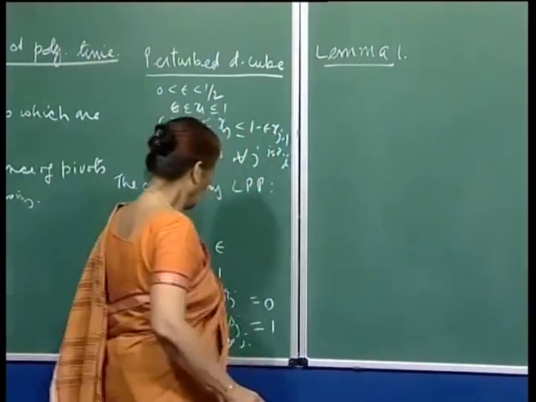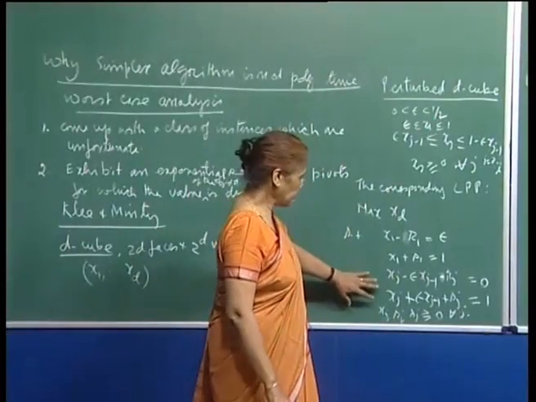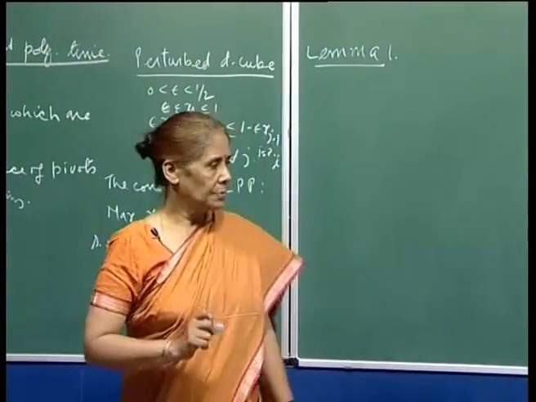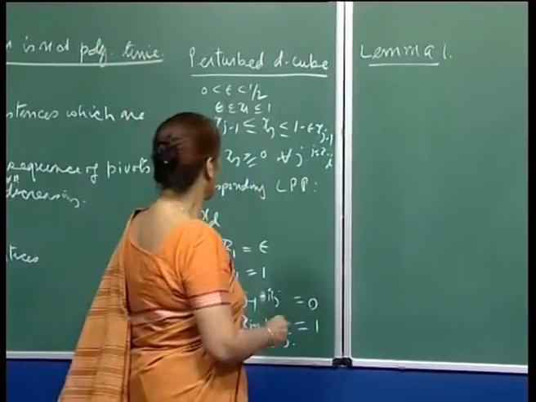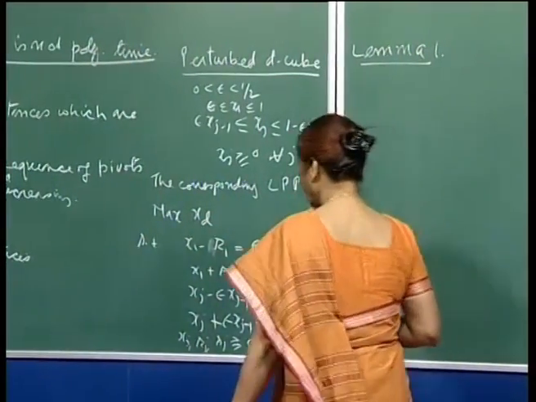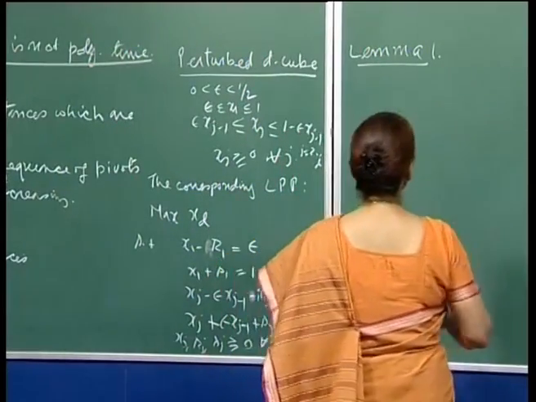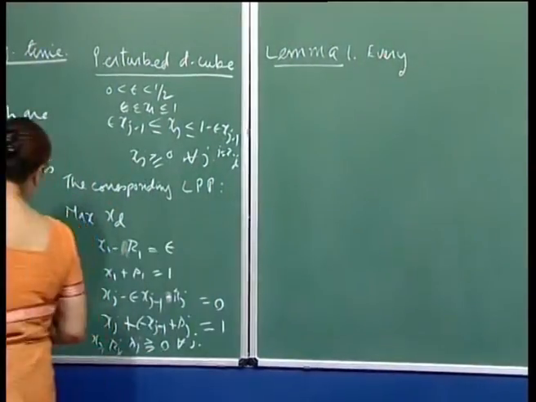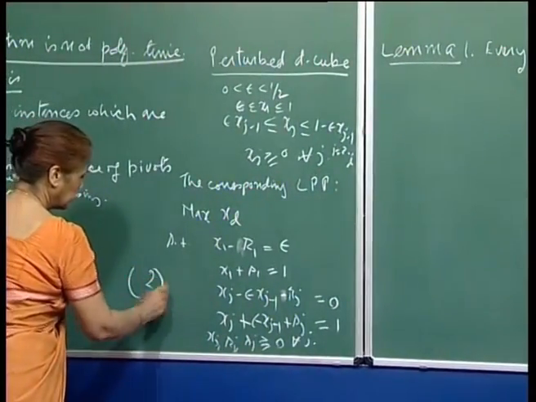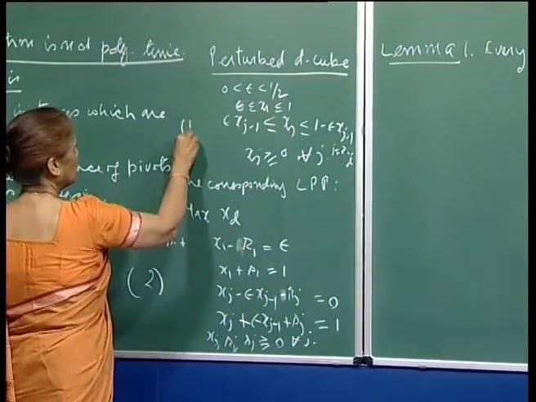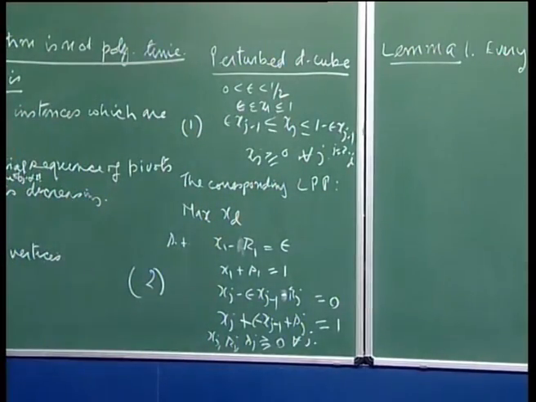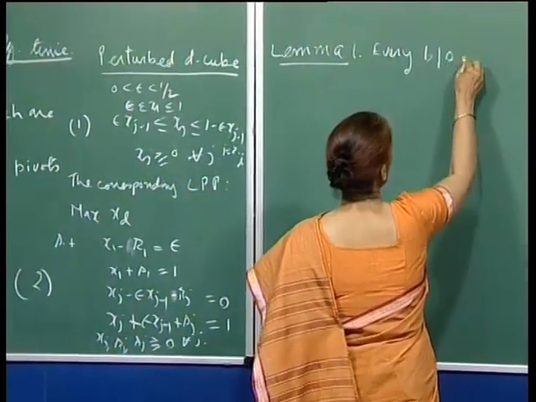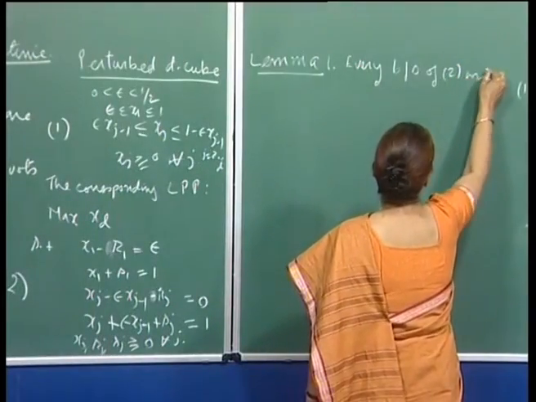Lemma 1. So what it says is that every basic feasible solution for this linear programming problem will have all the x's present in it, right. So I first describe the structure of the basic feasible solution. Let me call this problem 2. Okay, this was my description of the polytope, and this is 2, right. So the corresponding LPP. Yes, every basic feasible solution of 2 will have